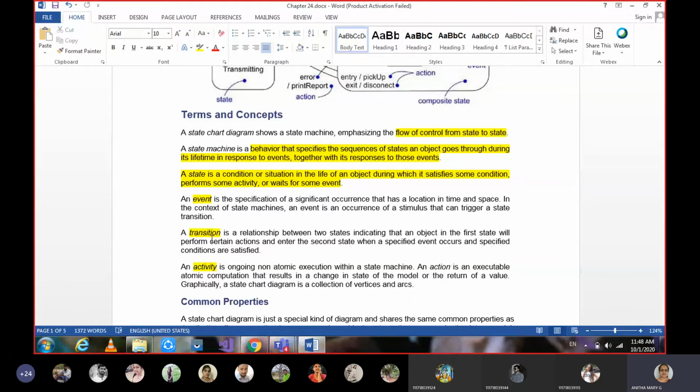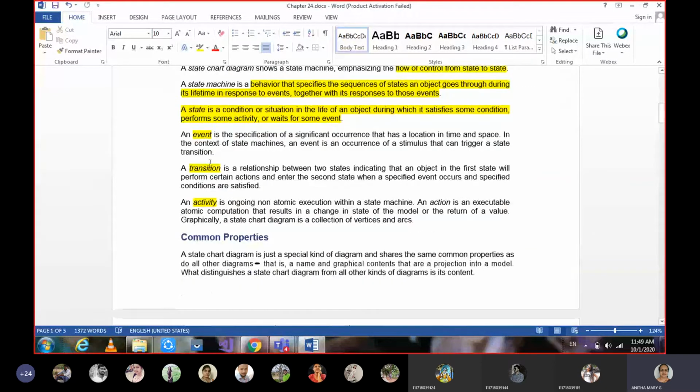The flow of control transferred from one state machine to another state machine, linking two states, we give using a transition. And when you write these concepts, you have to focus on the terminology of the subject. If you write in general terms, then it will be vague. So try to learn the correct terminology of the subject. When the connection is between two objects, we say it is a link. The connection between two states, we call a transition.